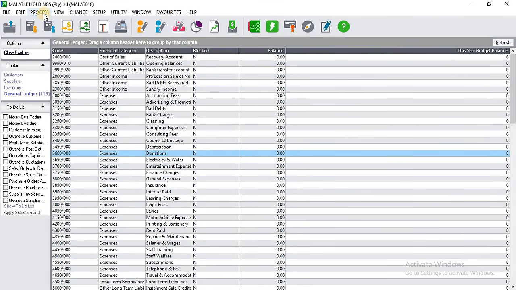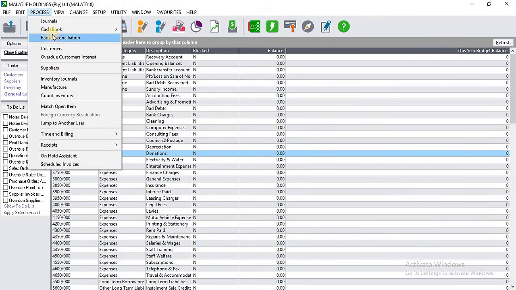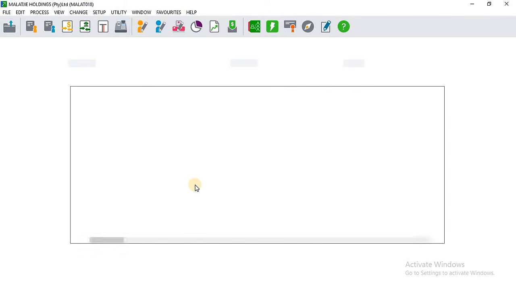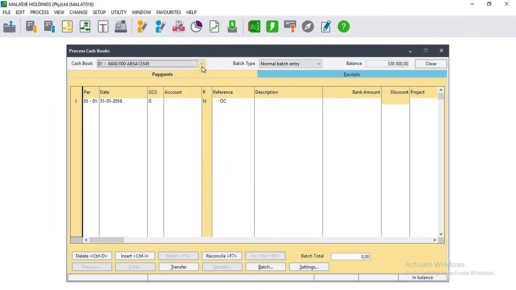Let's check if the amount was indeed transferred. You can go to process, you can check with the process cash book. Then we can see now in ABSA we have a positive balance of 338,000, and in Nedbank we are left with 58,000. So that basically marks the end of our